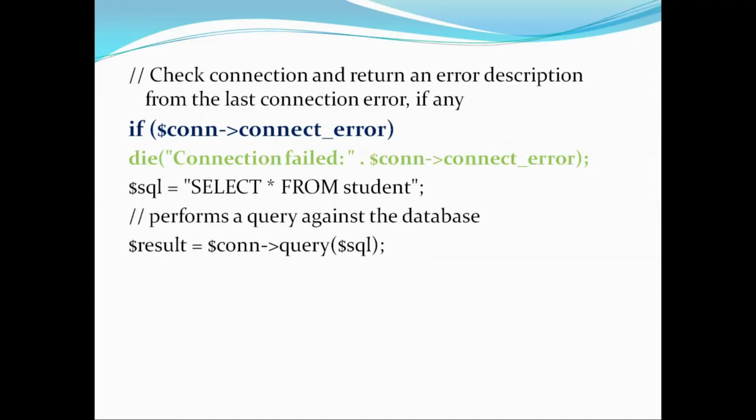There are three ways to handle errors in a PHP database: using the mysqli_connect_error function, using the die function, or using try catch blocks. Anyway, I am using the die function here. These are the three ways to handle errors in the database, but we are using the die function. We can also use the other two. If this condition is false, meaning the connection has been established successfully, then we need to execute the queries.